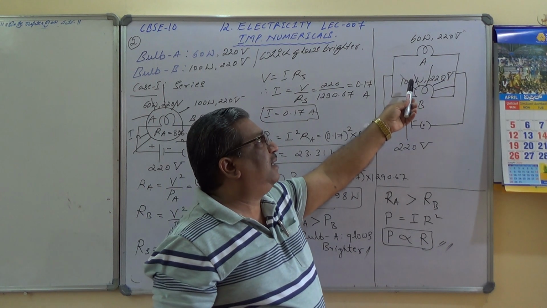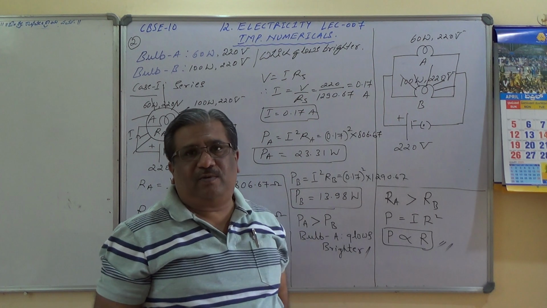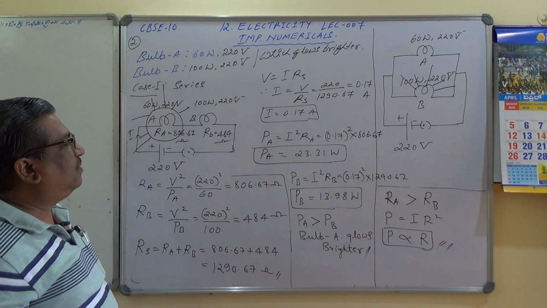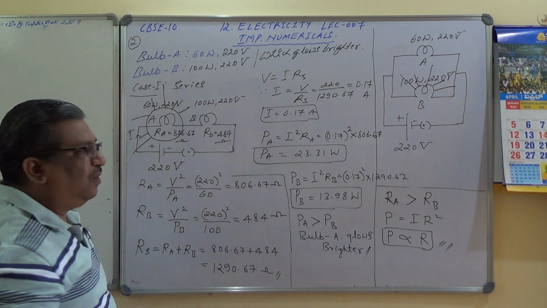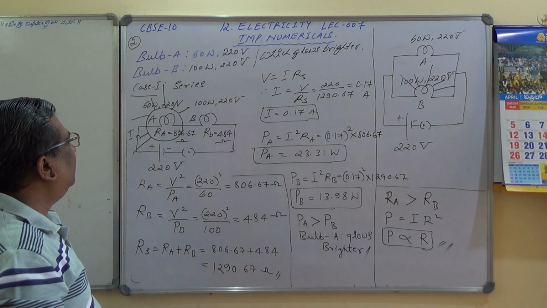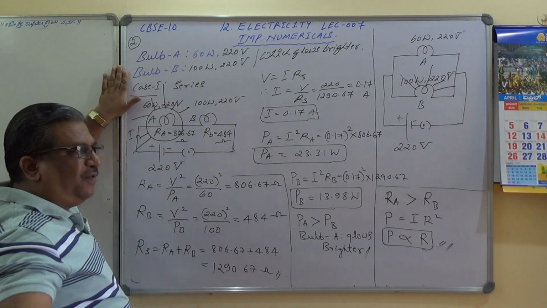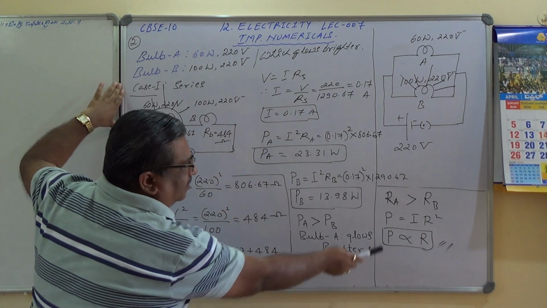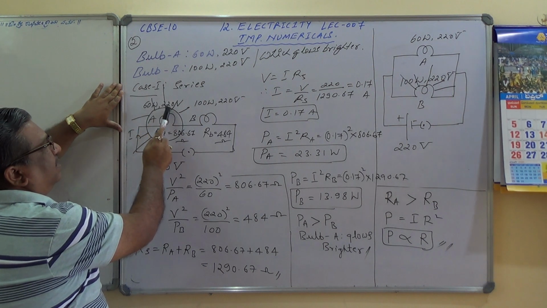The 100 watt bulb is more powerful than the 60 watt bulb, and voltage is also the same. Therefore, it glows brighter. I hope you have understood the important concepts. Only thing, my concern is, if these two are connected in series, one more small point I would like to add. Without calculating the resistance, it may be difficult for you. After calculating the resistance, you can apply this concept. But also you can see, 60 watt, 220 volts.